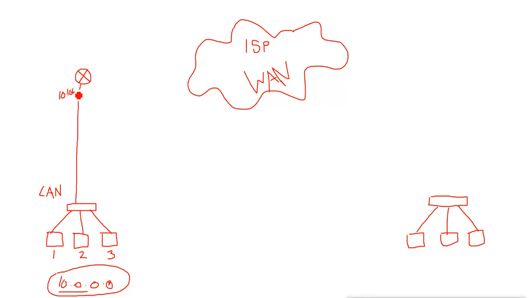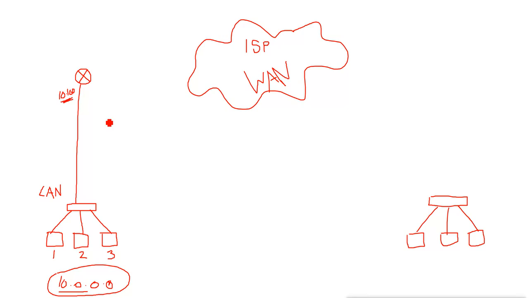Now why am I using the same network IP here? So that all the machines in the LAN network can connect and communicate with this interface, and through this interface they can connect to the router. If we have a different IP on this interface, then the machines in the LAN network, which are using the 10 network IP, cannot communicate with the interface, and because they cannot communicate with this interface, they cannot communicate with the router.